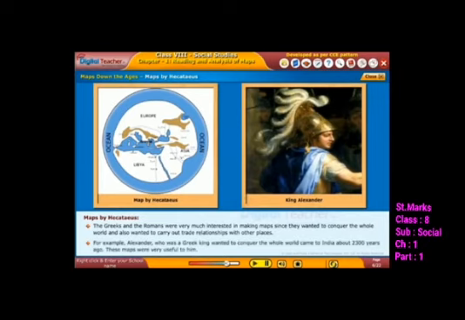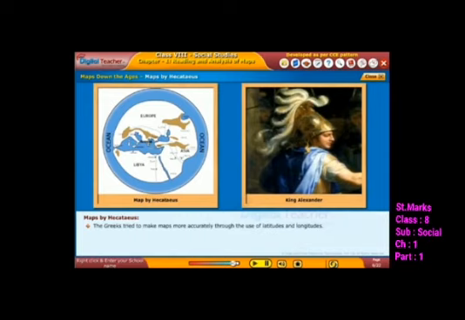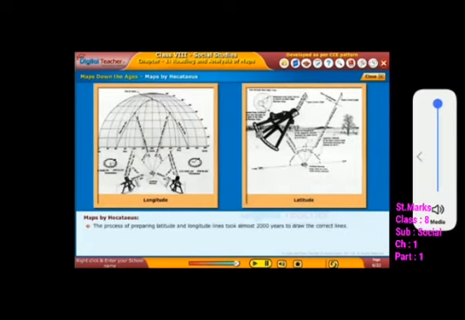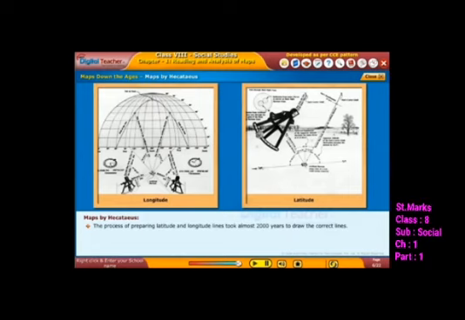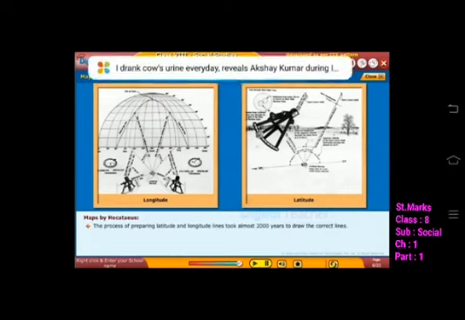For example, Alexander, who was a Greek king, wanted to conquer the whole world, came to India about 2,300 years ago. These maps were very useful to him. The Greeks tried to make maps more accurately through the use of latitudes and longitudes. The process of preparing latitude and longitude lines took almost 2,000 years to draw the